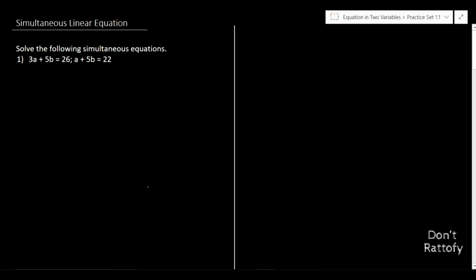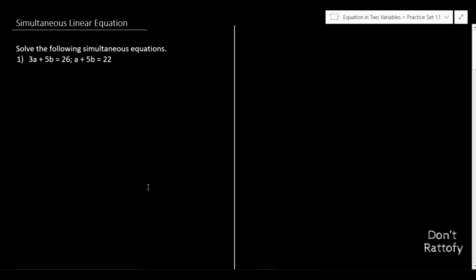After this we'll begin with the sums. The first sum, now remember, we are going to solve these sums by elimination method. That is, we are going to eliminate one of the variables and find the second variable, and by finding the second variable we are going to resubstitute its value to find the first variable. It is a very simple method. When I solve it, we'll easily understand what this is.